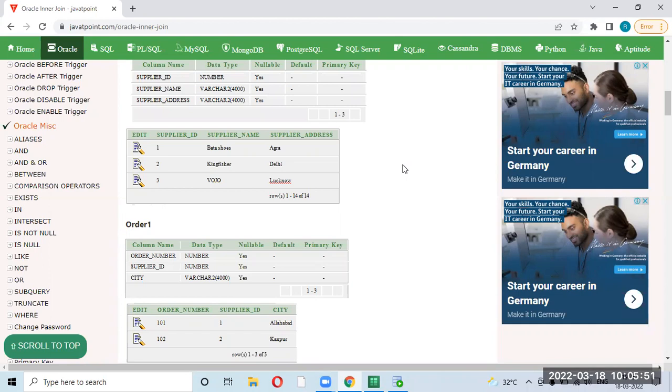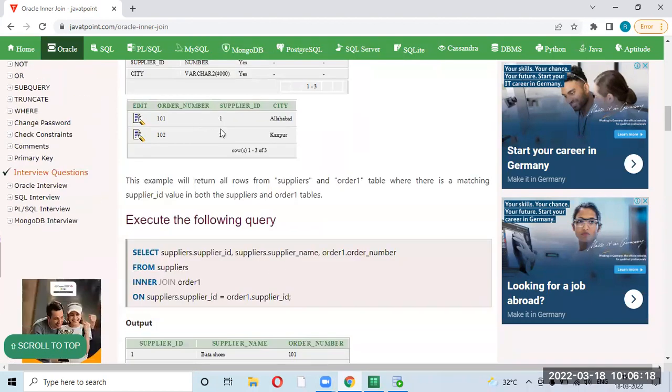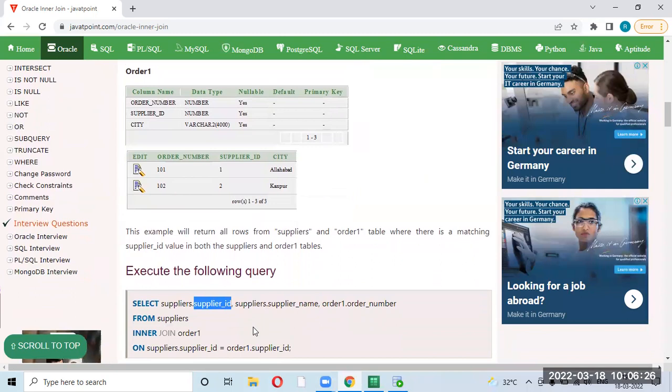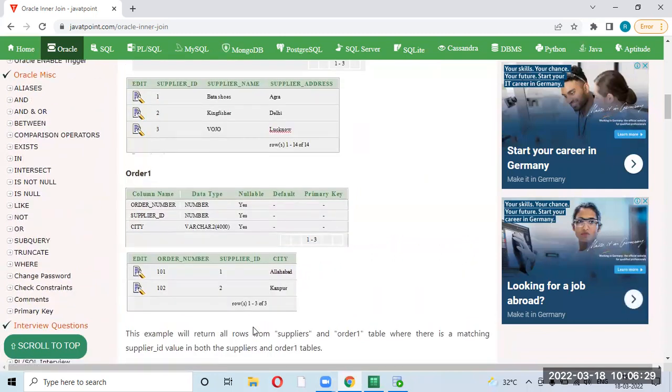Again, you are trying to confuse yourself, but your question is valid. You are taking supplier ID from table A, where duplicates are there. You are not selecting columns of the second table, you are selecting columns of the first table. If duplicates are there, the duplicates will come. There is no chance of eliminating, because you are not comparing something, you are just getting that column.